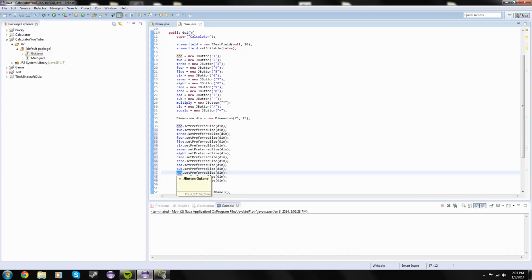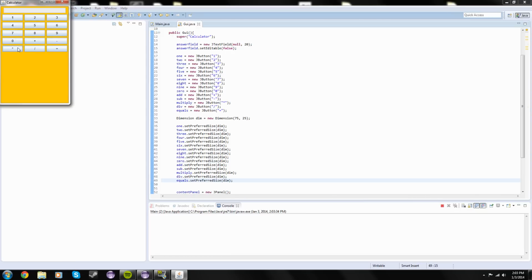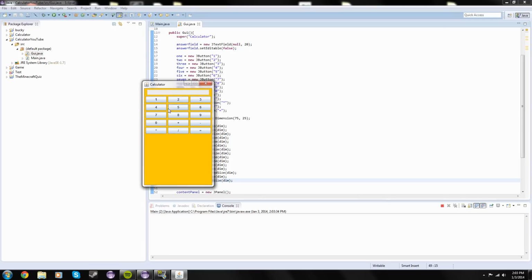Sorry, once I type this, I'll continue talking. And then equals. See, we're gonna have to do this a few more times with all the buttons. So now let's see what it looks like, and see, now there are 3 on every row. But I still don't like this, because I think that the operations and the equals and all the numbers should